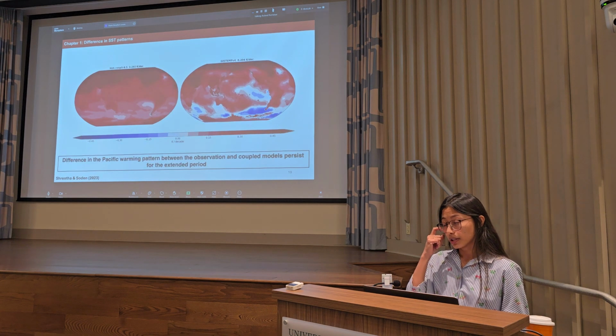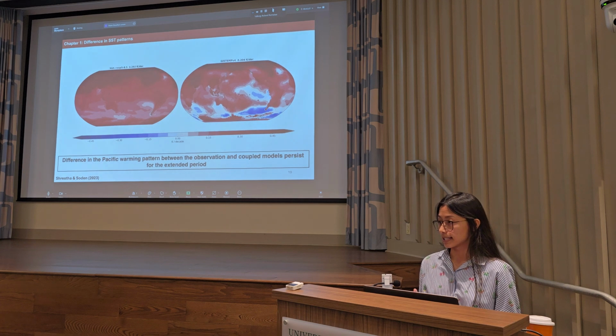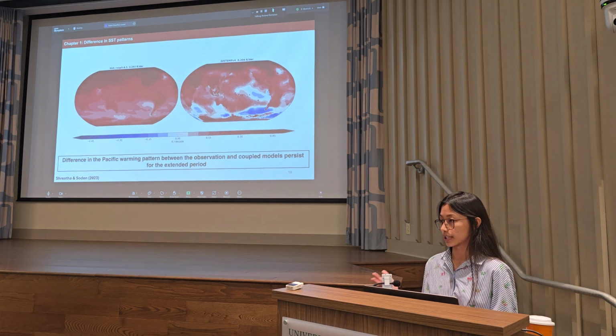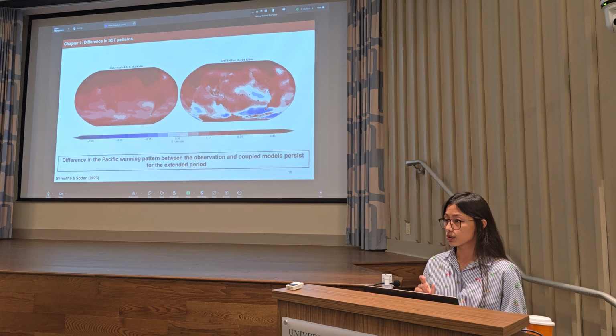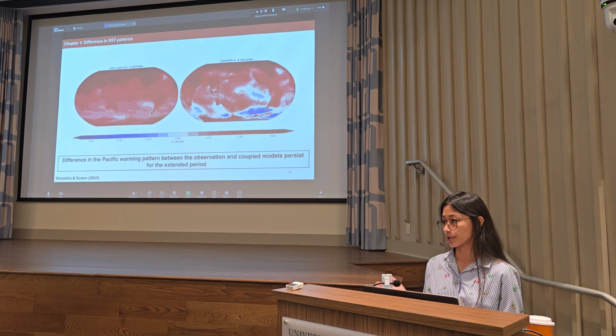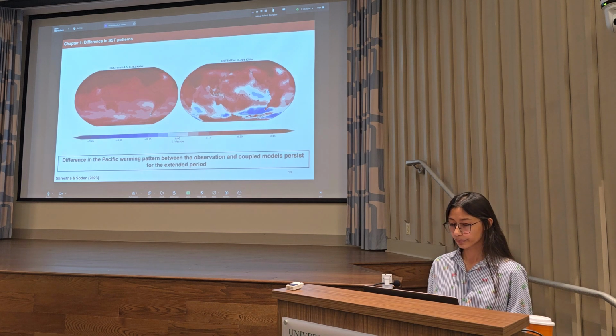And we again start by looking at the SST pattern evolution for these additional 6 years taken into consideration, and we still find that this discrepancy in the SST pattern between coupled models and the observations in the tropical Pacific still persists, with the observations still showing a strengthening of the SST gradient versus the historical coupled ones showing a weakening of the tropical SST gradient.